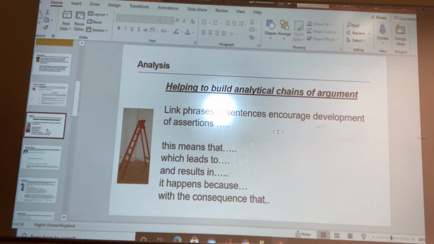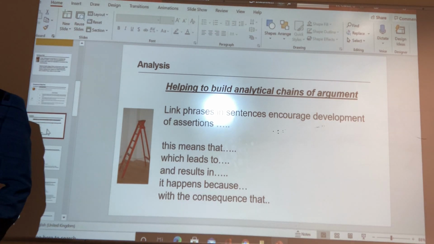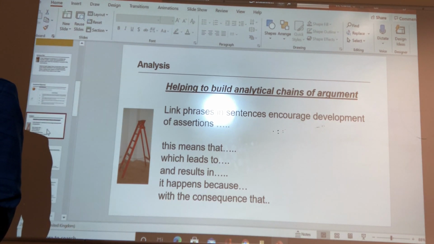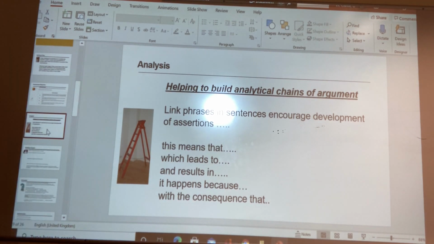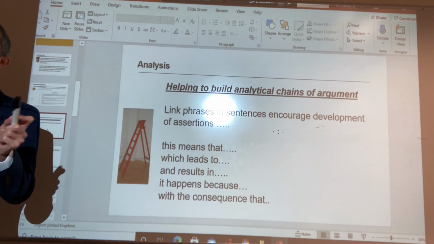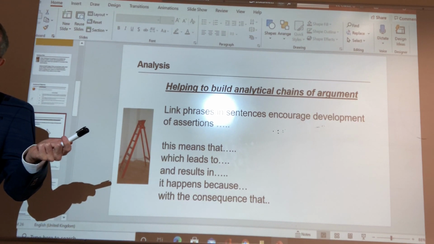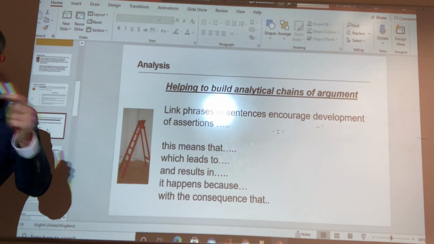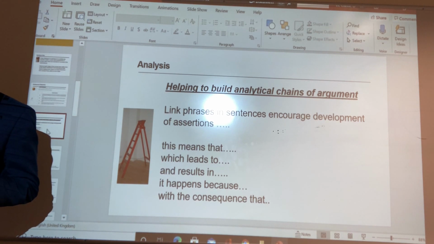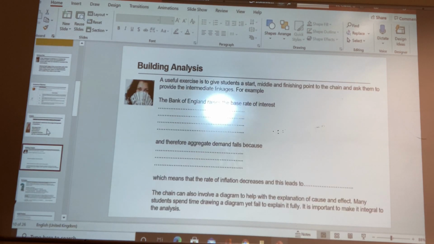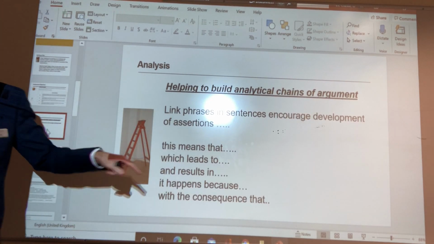Okay, so let's do that again. The Bank of England raises the base rate. This means that, because, no. Why was if it goes up? Why do goods in Tesco become more expensive? I don't understand the link there. What's the link? Okay, so let's try. The Bank of England raises the base rate. This means that